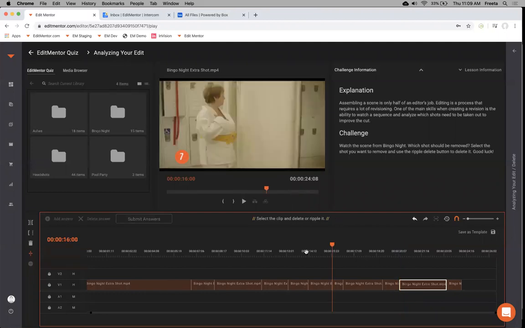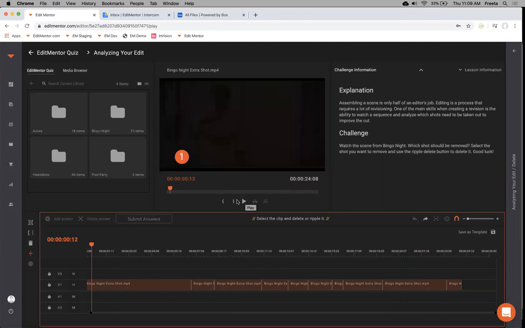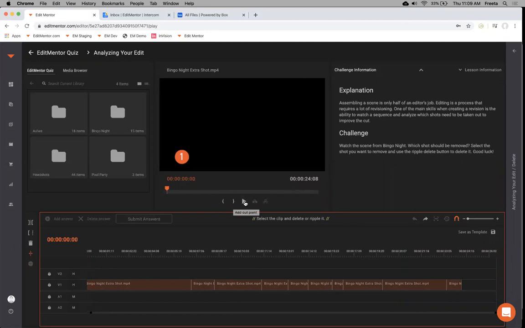So in this lesson, the student needs to watch the sequence and delete a clip. And I'm just going to undo all. I'm going to play the sequence. And if you want, you can type in the chat box even which clip you think the